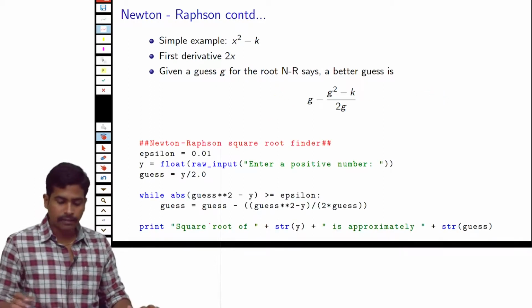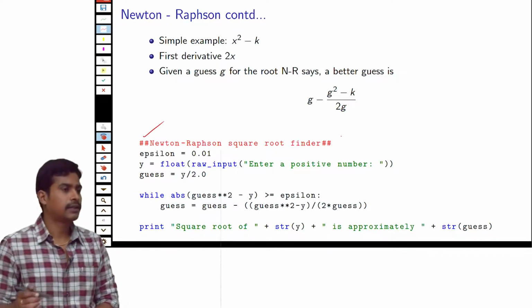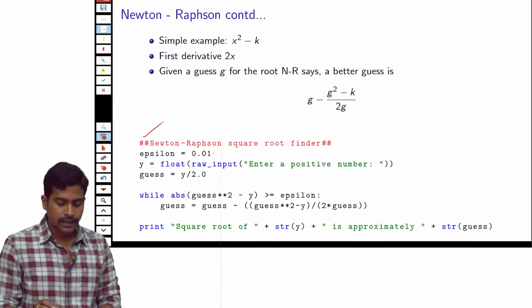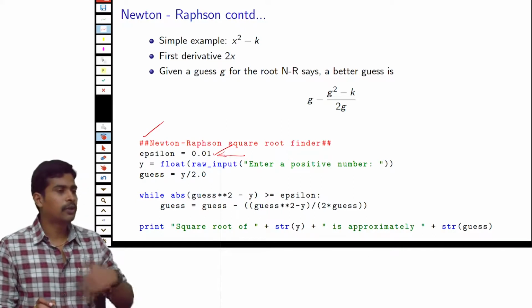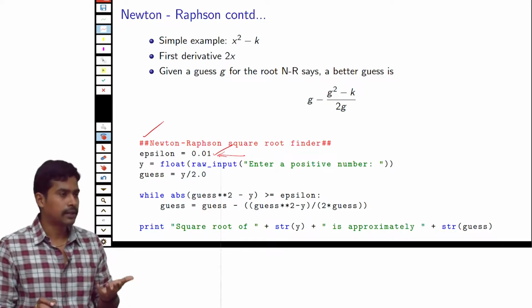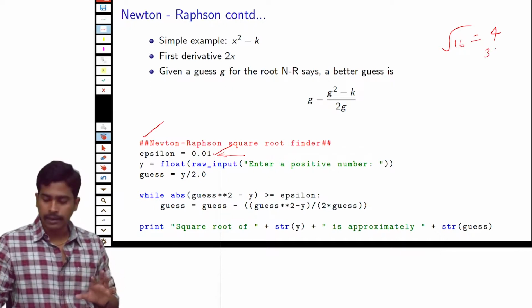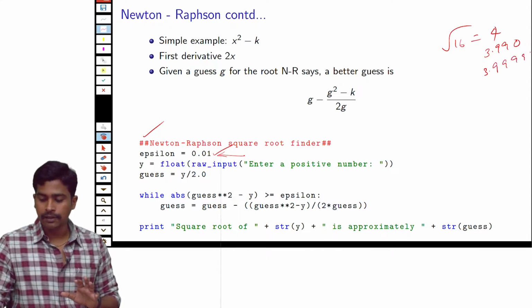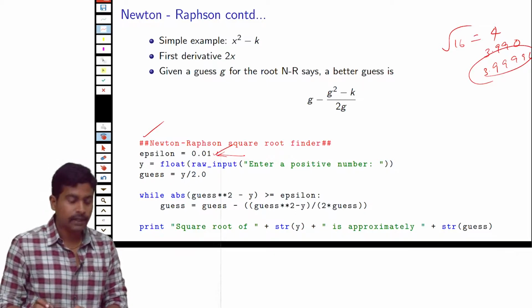So this is the program that computes our square root, and I will explain what each of these lines of this program is doing. So let us say epsilon is a number. What epsilon does is define how close you want to find the root to the actual root. Okay. So if the square root of 16 is 4, how accurately do you want to find 4? Are you satisfied if you get 3.99, or are you satisfied if you get 3.999? So how accurately we want to find the root is given by this epsilon.